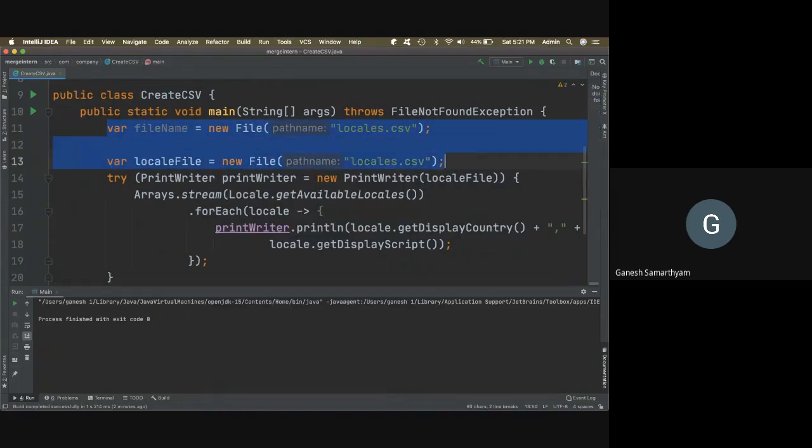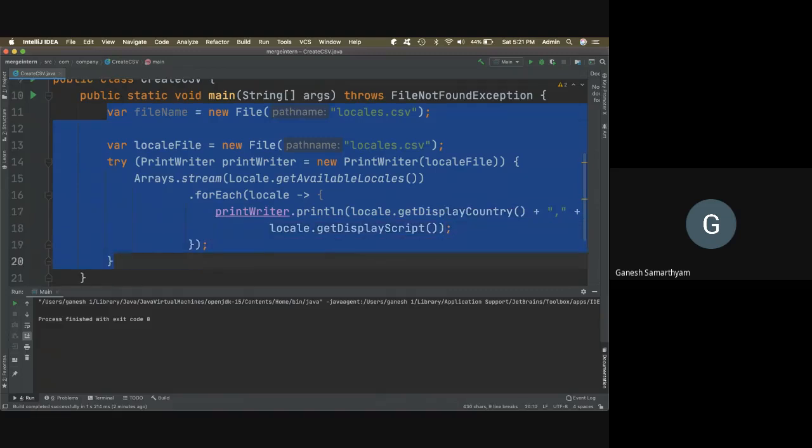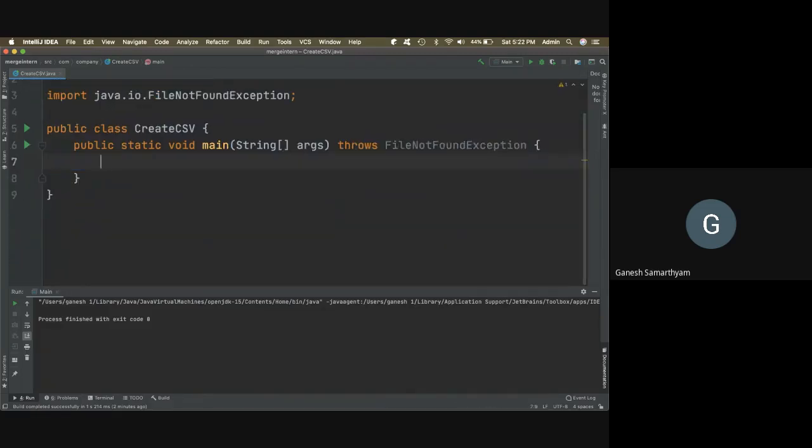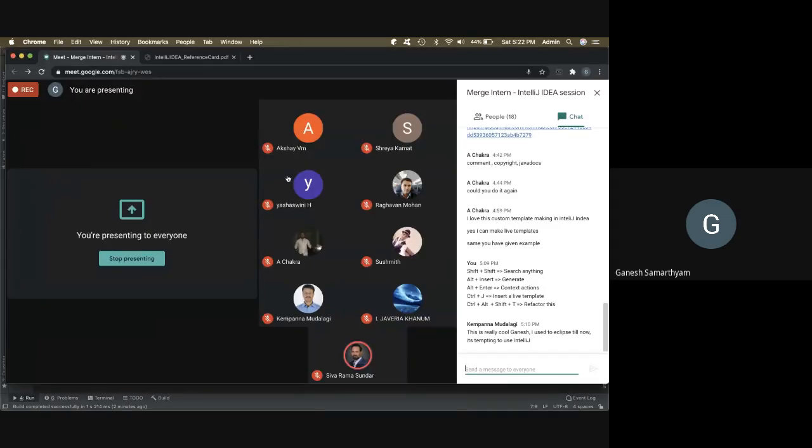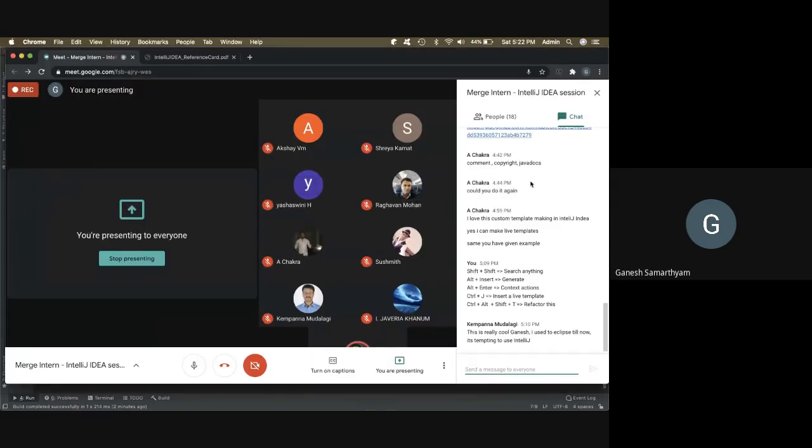And fortunately, IntelliJ IDEA also follows the same idea, and you'll be able to use postfix templates, automatic code completion and things like that, and generate the code much faster than your normal programming process, right? So with that, we are almost close to the end.